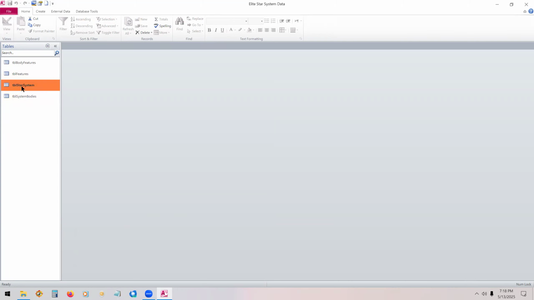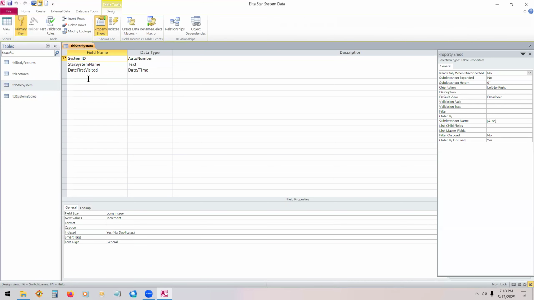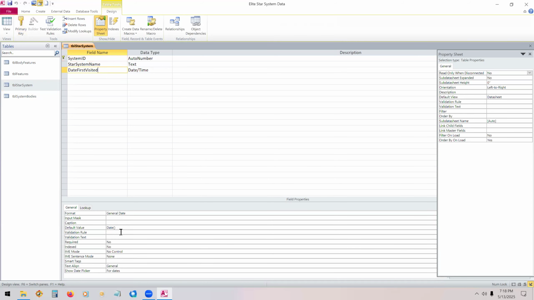I have a table for the stars with the name of the star system, and I put in a date that's automatically put in, date default value, just to put it there. So I knew when we went to each star system. And then I have